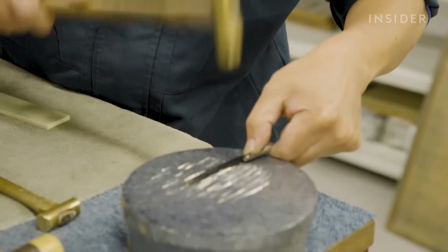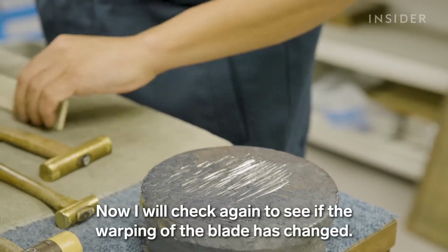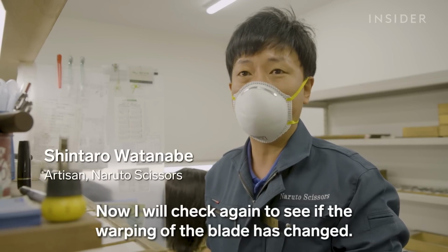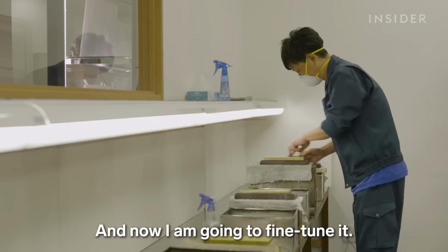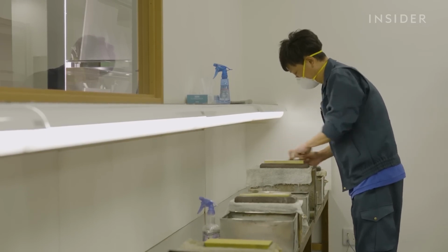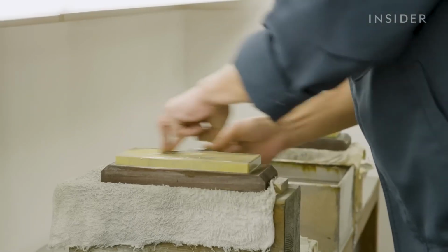Shintaro has been working at Naruto for 19 years, 18 of which he has spent